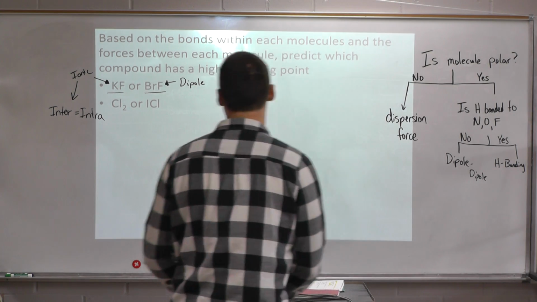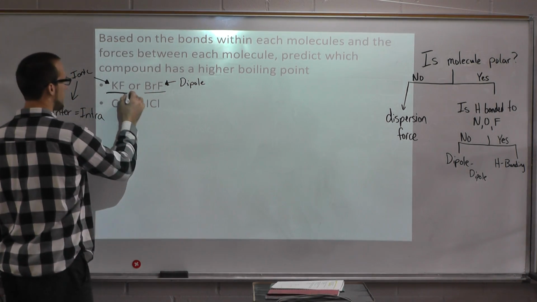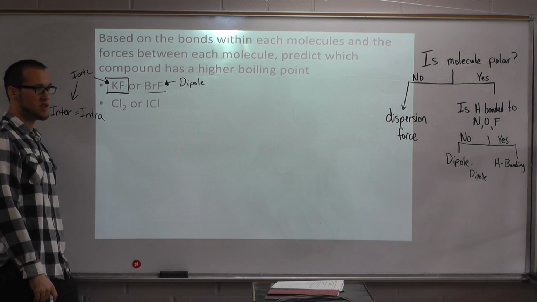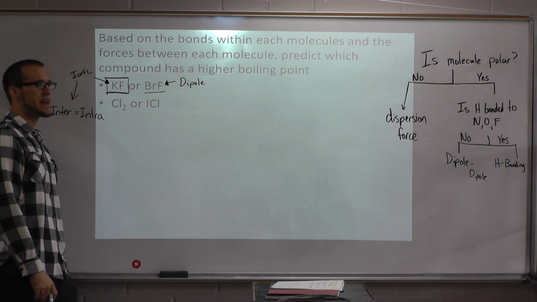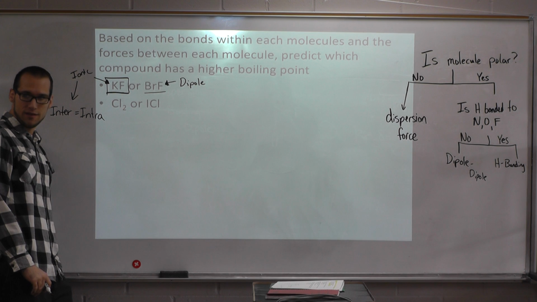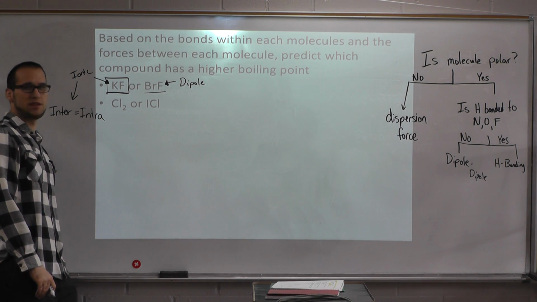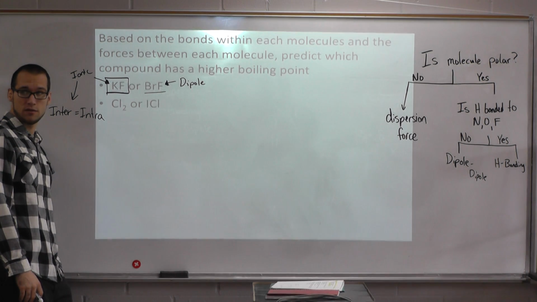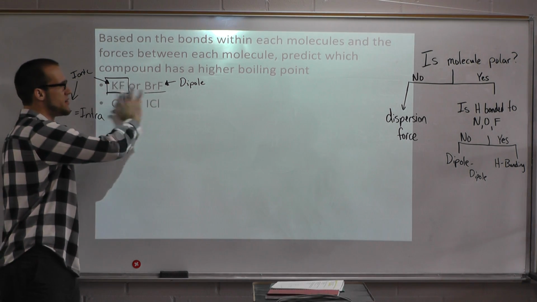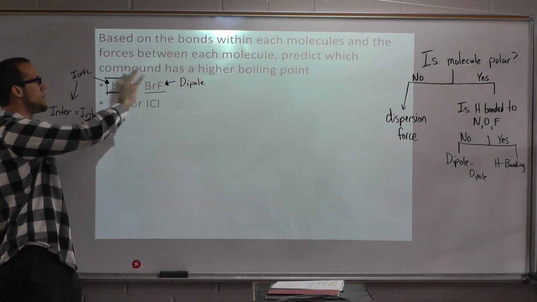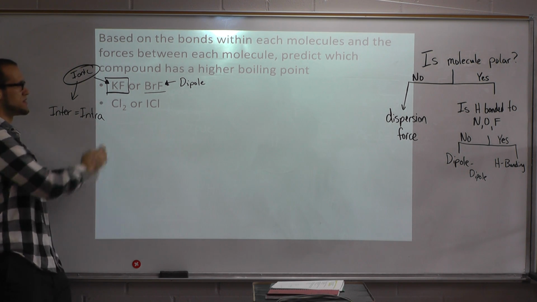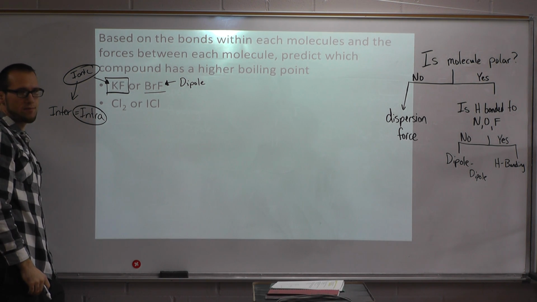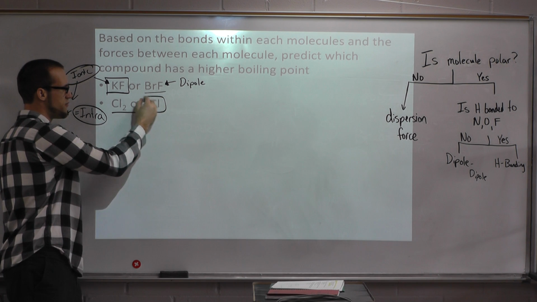So, if you ever see ionic, it will always have the highest boiling point, because what you are really doing is breaking the bonds within. Now, you're probably thinking, well, can you do that? Yes, but it would take thousands of degrees Kelvin to do this. So that one, I would not expect you to have gotten, because I didn't talk about ionic. So this one is going to have the higher boiling point because you have to break intra forces. This one maybe you should have been able to get.